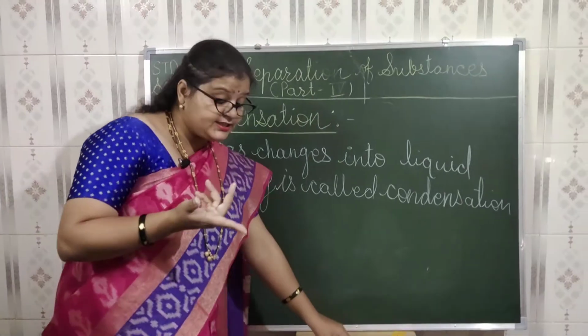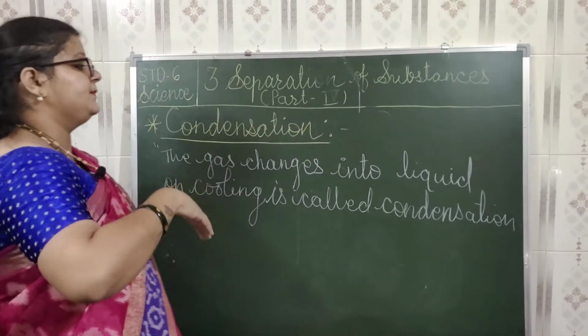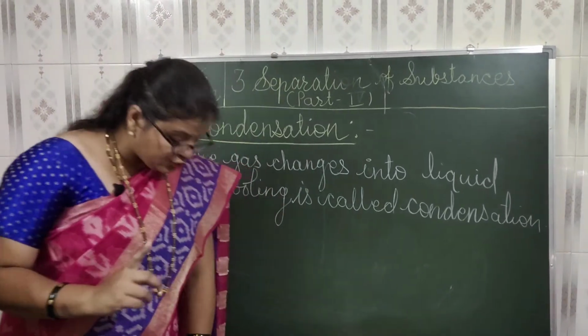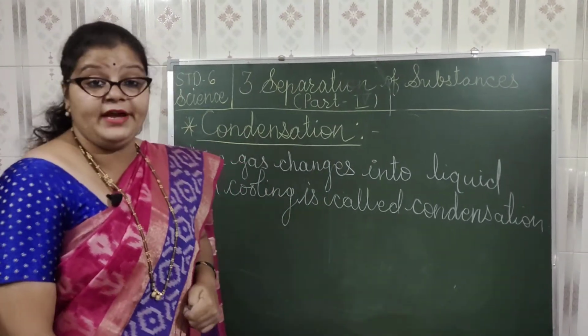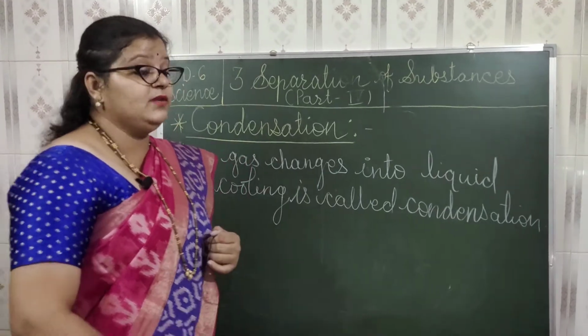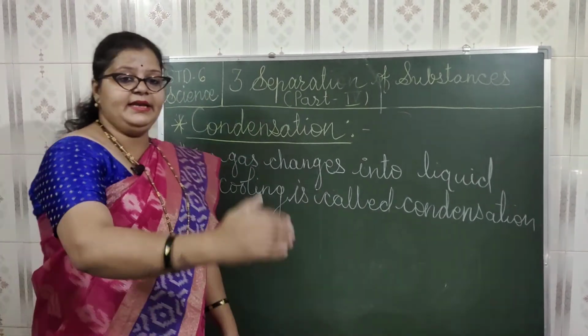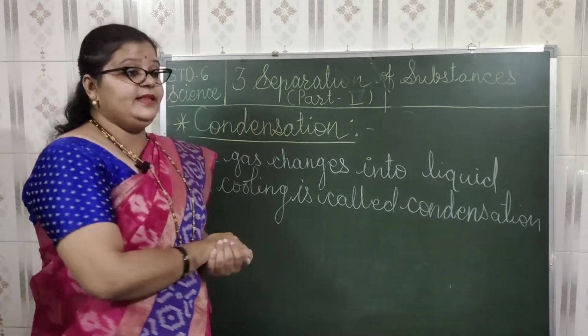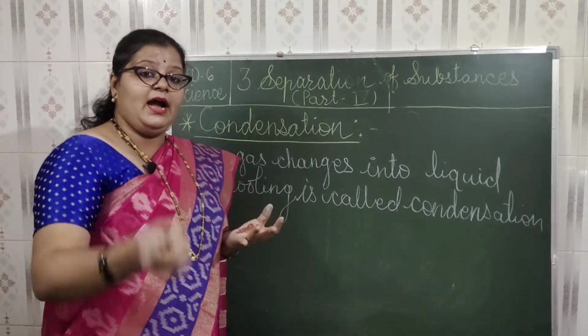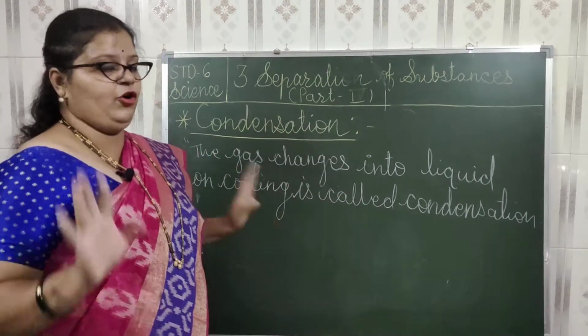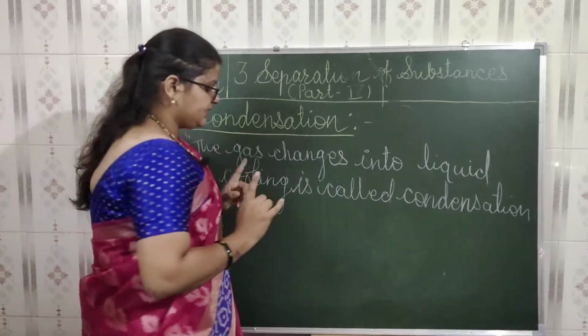Now how this condensation is going to be used to separate out the substance, that I am going to tell you. In the previous example of evaporation where salt was made from the seawater, what have we seen? Yes, the water from that salt pan evaporated, leaving the salt behind. Now in this case, I want salt and I want water also, and I want them separate from each other. So what is this case? You see please.